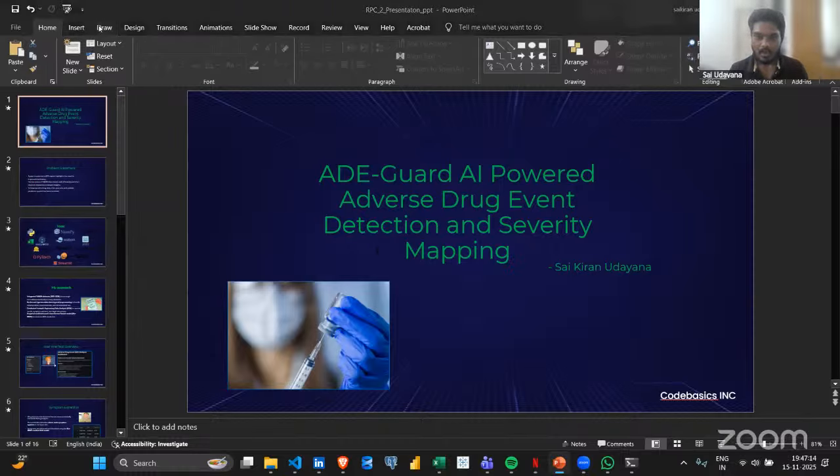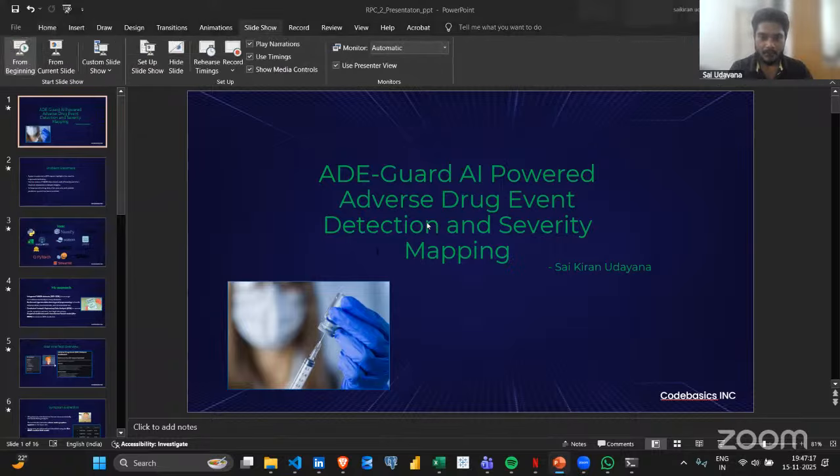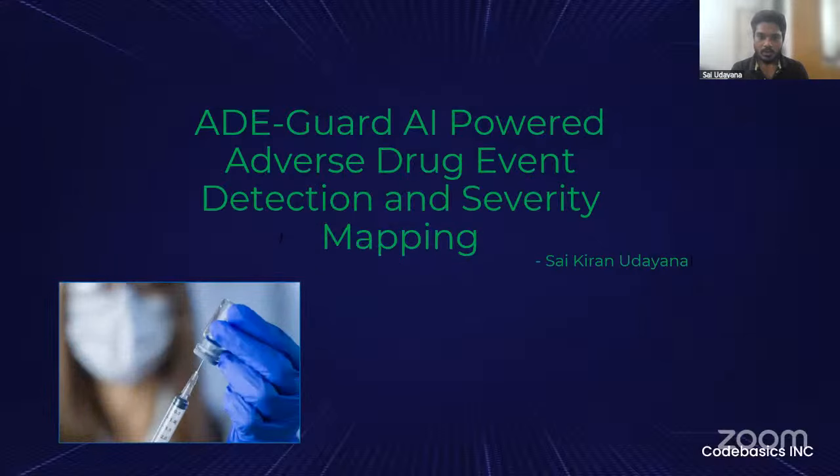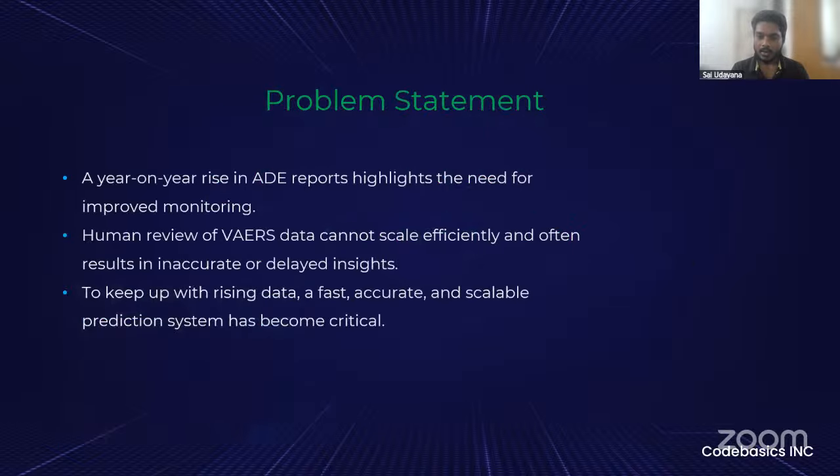Hi everyone, thanks for giving me this opportunity, first of all. As everyone knows the problem statement, this project is for detecting the drug symptoms reported by patients who were already vaccinated, detecting the symptoms of the patients and also mapping their severities. Let me quickly go through the problem statement once: detecting the symptoms and classifying them into severity such as mild, moderate, severe, so that we can make some decisions.